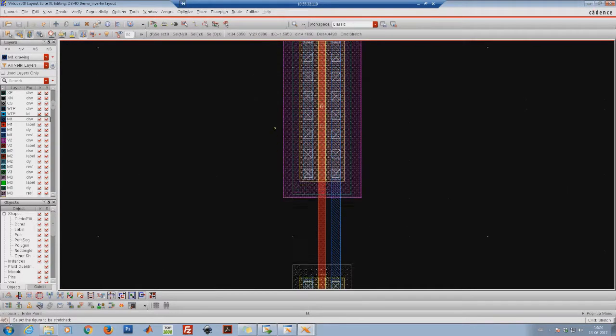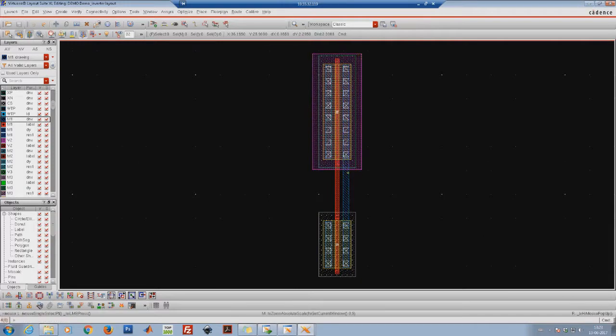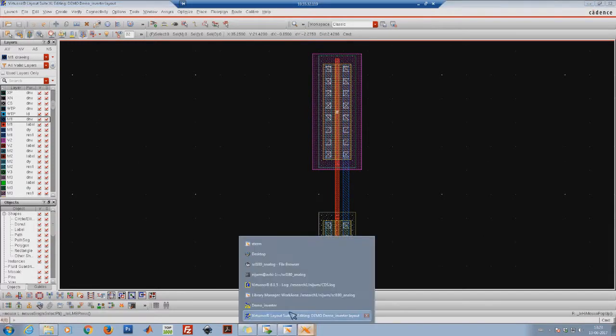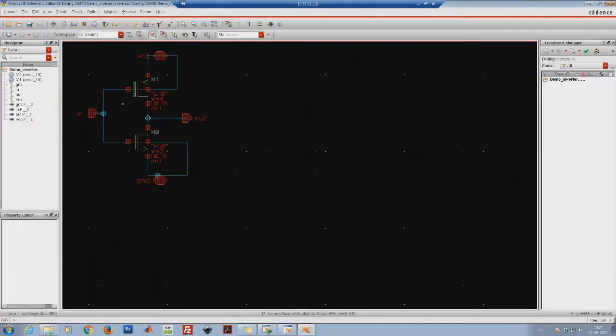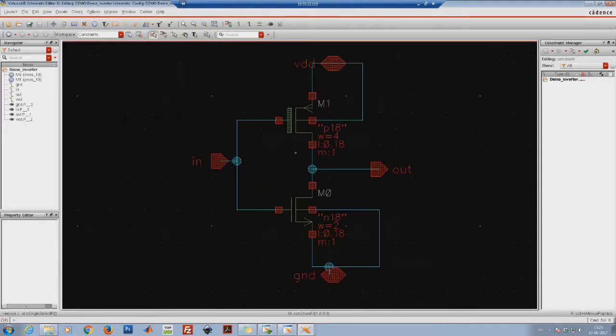Save it. So now this connection is done. If I go back to my schematic and check it, I have done this connection, I have done this connection. Now I have to connect the bulk for both the PMOS and NMOS with the source, and then create these pins. So to do that,